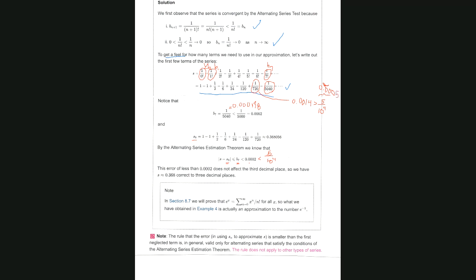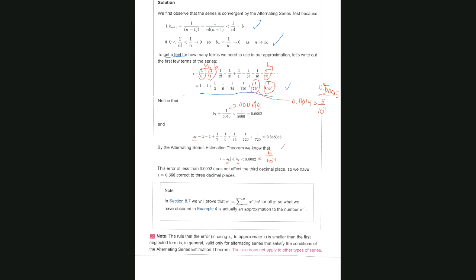So that term, the 7th term of the series, because it's greater than 5 over 10 to the 4th, we can't stop there. But when we get to the 8th term of the series, 1 over 5040,